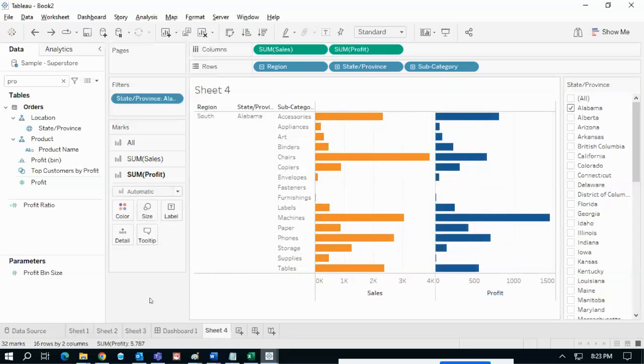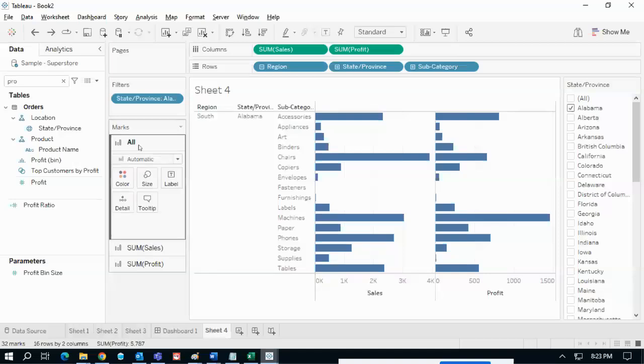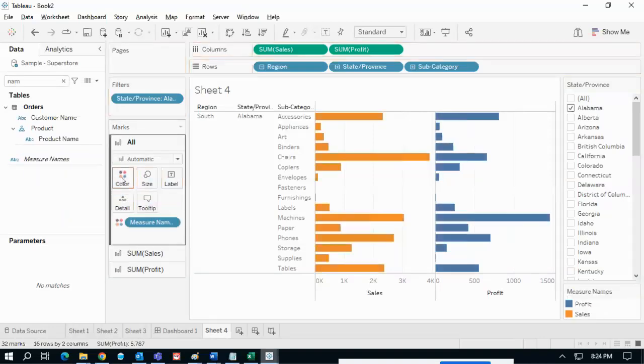But the other, simpler method is, now I am just undoing it. Now in the marks card, I can see the all values option also. So what I will do is go to the all values option and just drag the measure names. You know what the use of measure names is, right? It will indicate different measure names. So when I drag these measure names into the color here, each measure will be given a different color. So like that. Okay, it is not our subject here. So next thing,